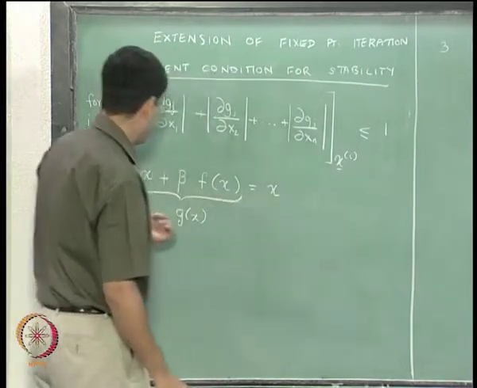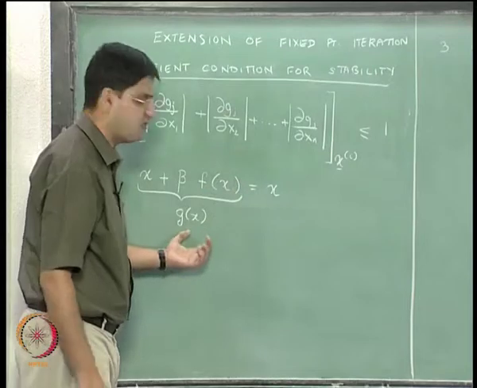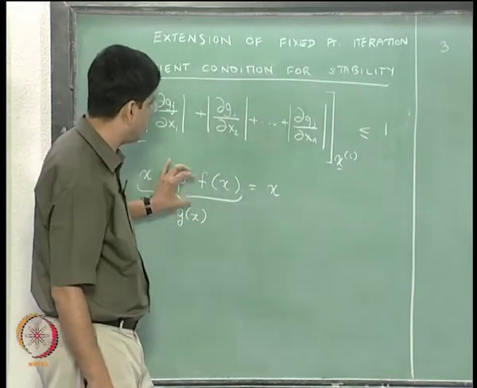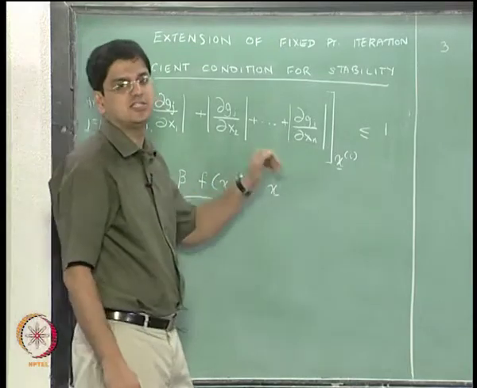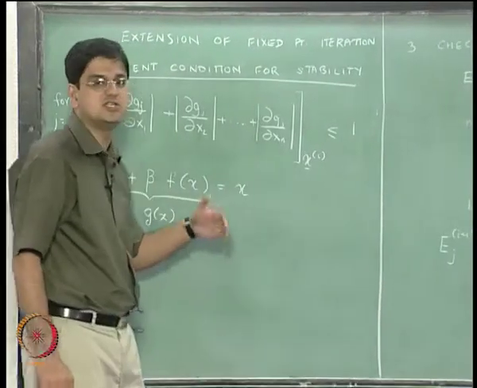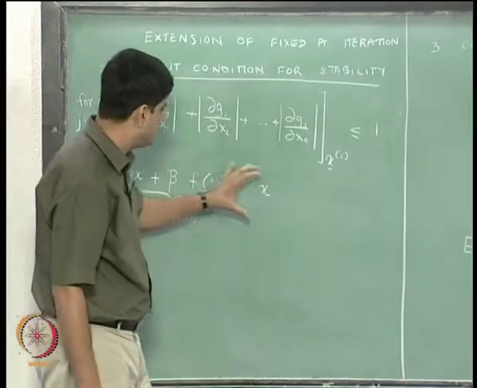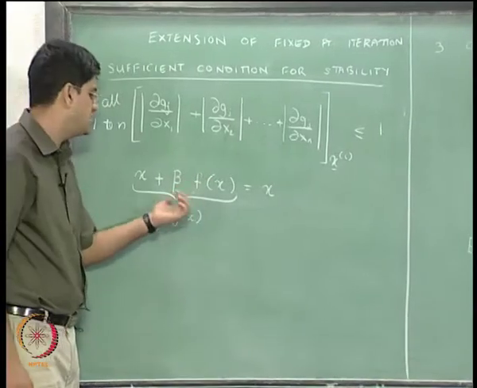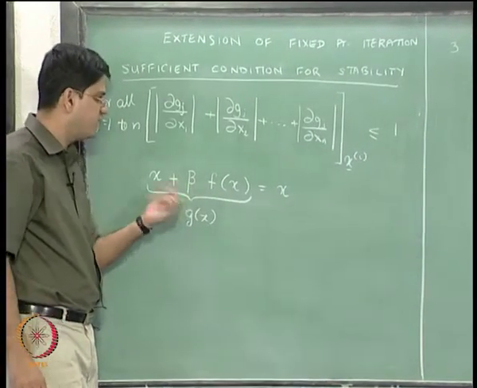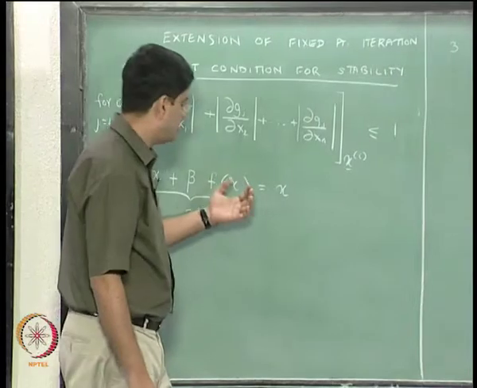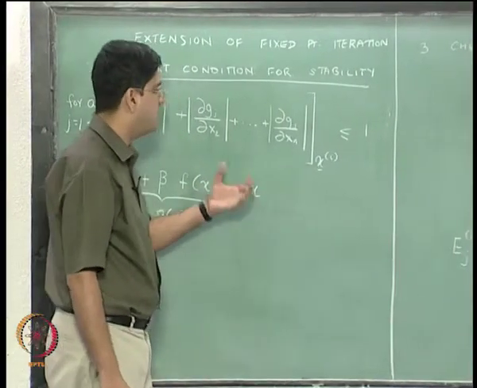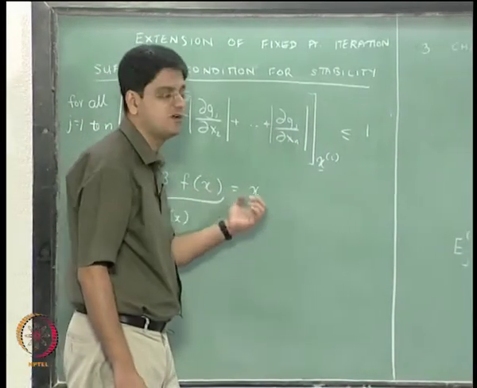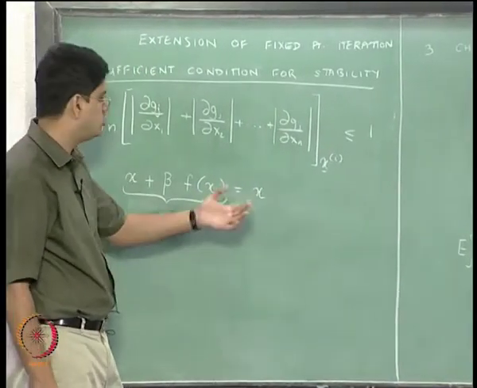Okay. So, x equal to x plus beta times f of x is going to be our g, and we can then judiciously select our beta such that the sufficient condition for convergence is satisfied. It's possible to do that. Sometimes the beta that you will need is going to be a very small value, and if that is the case, the moves that will be made by a fixed point iteration method are going to be very conservative moves. That means we are going to move very slowly towards the solution.